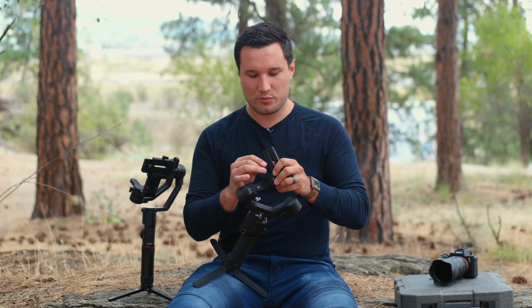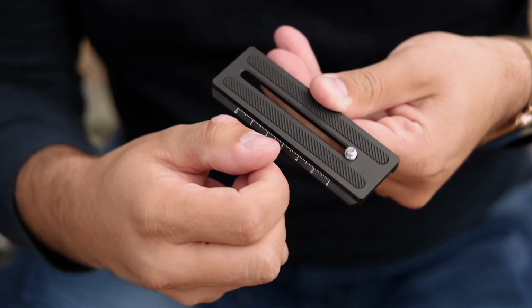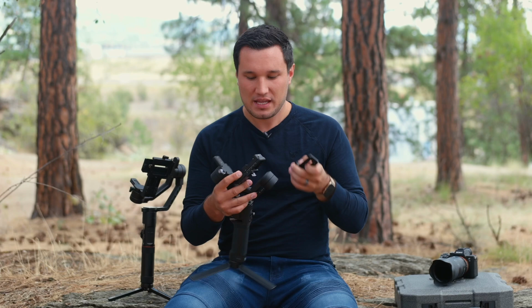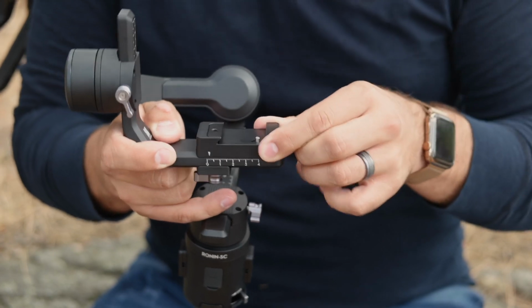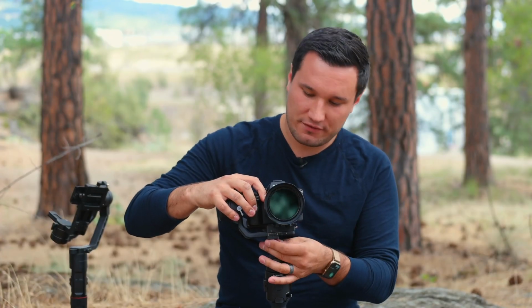So there's actually this little movable locking nut here that is awesome. So if you're using the same lens and camera, you can preset it and actually just slip it in and get the perfect position. And then this axis right here, you no longer adjust it here, you actually do it on this arm. I'm using one of my favorite combos here, the A7 III with a 28-75 lens,